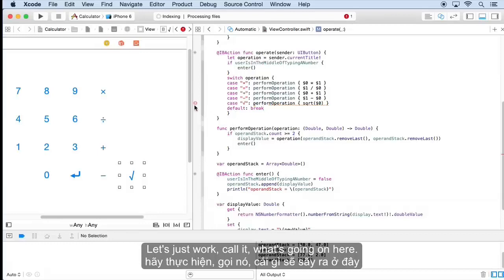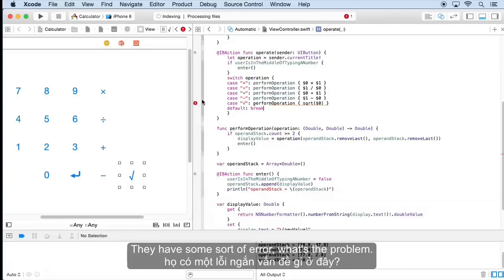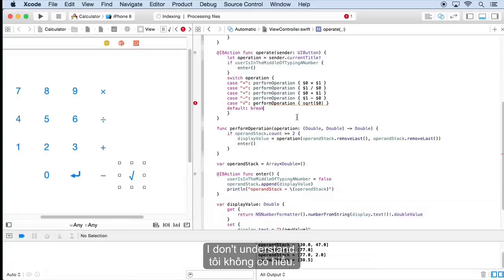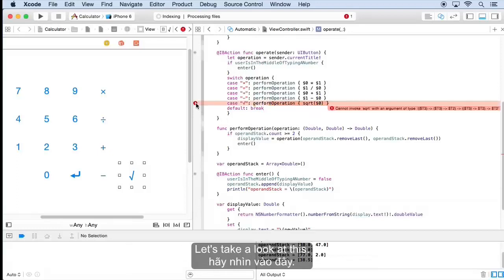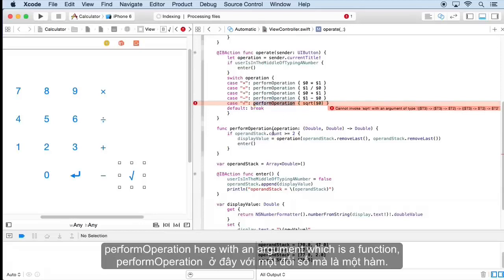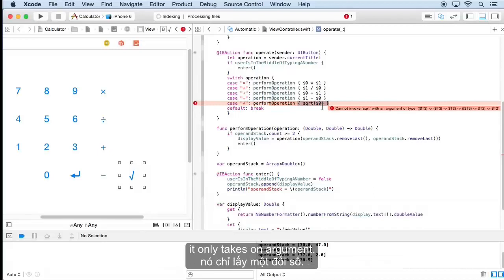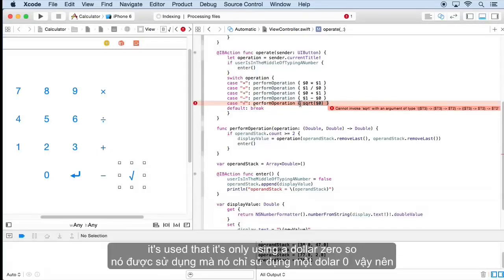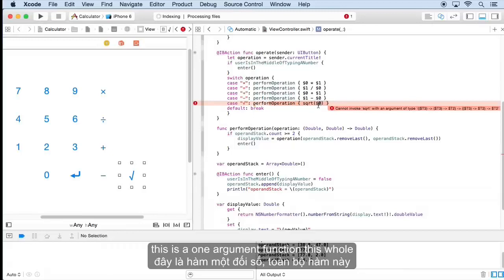Oh wait, what's going on here? We have some sort of error. Why? What's the problem? I don't understand. Let's take a look at this. Now, this error is a little hard to understand, but basically what it's saying is that you're calling perform operation here with an argument, which is a function that only takes one argument. Because Swift looks here and it sees that it's only using $0, so this is a one argument function, this whole